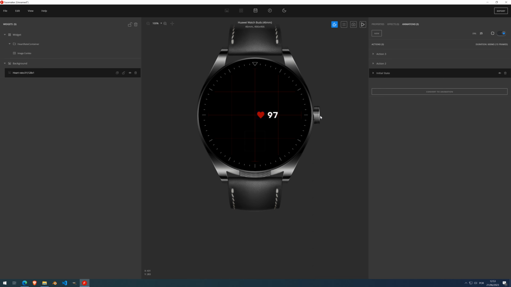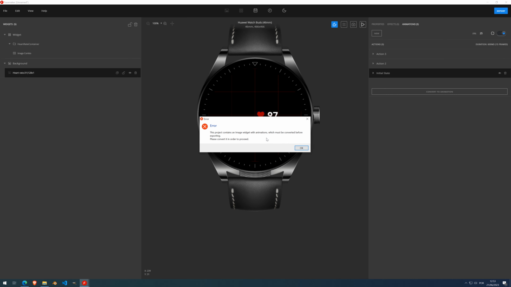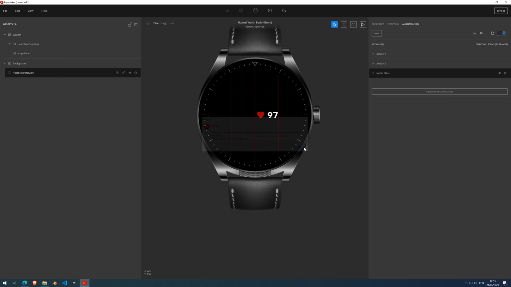So right now we have a problem, which is that this is a simple image. And this is not an animation, this is a preview using actions that were staged by you. And to be able to use them on your watch face, you have to convert to animation. And let me show you here. If you press export, Facemaker will tell you that there's an image with animations or actions applied that aren't converted. So you first have to convert to animation, okay, by pressing this button